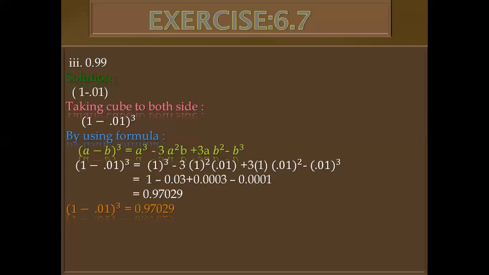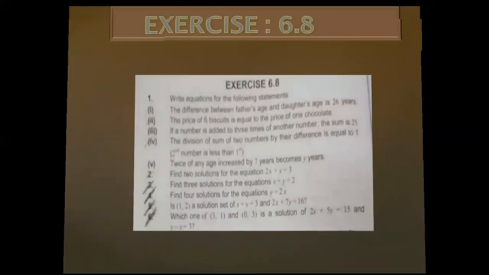In the last term, when you take the cube of 0.01 with the calculator, you see on your screen 1 multiplied by 10 raised to the power minus 4. Minus 4 means after the decimal you will put 3 zeros, and then after 3 zeros you write 1. Is it clear? Alhamdulillah, we finished this exercise.